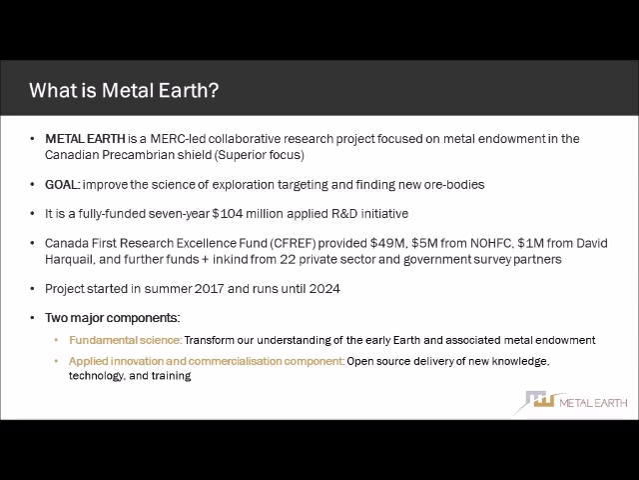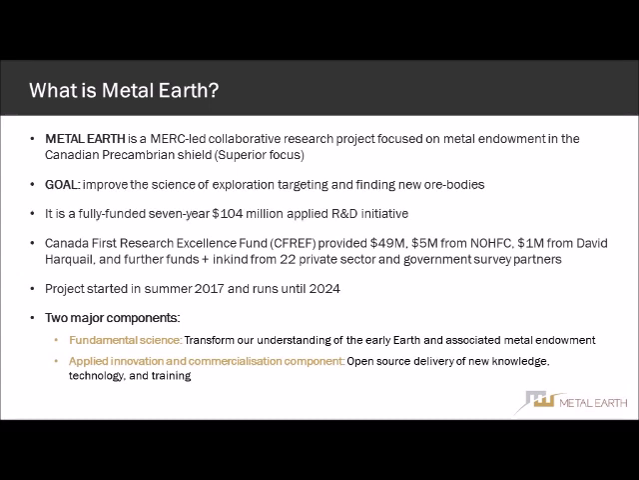So the project started in 2017. I arrived in September 2017 into Sudbury, and it runs until around about 2024. So there's two major components. The first one is the fundamental science component. So can we transform our understanding of the early Earth and the mineral endowment and processes that drive mineral endowment